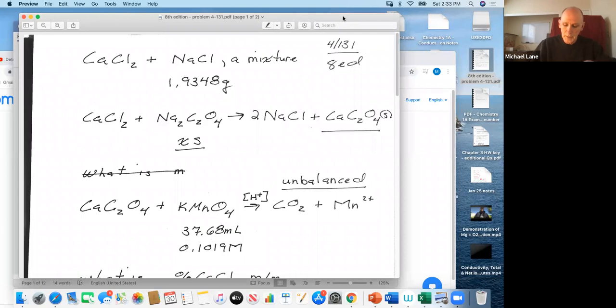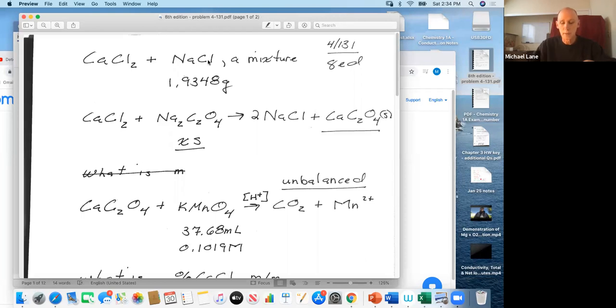It says, mixtures of calcium chloride and sodium chloride are used to melt ice. That is true. We learn about that in Chem 1B, about why salt solutions tend to lower the melting points. But again, that's a Chem 1B topic. And frankly, that first sentence has nothing to do with how you solve the problem. It's just background information. It says a dissolved 1.9348 gram sample of such a mixture, that is to say a